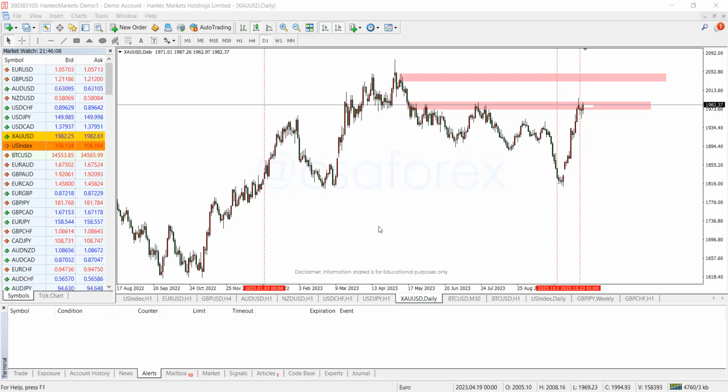And today we are going to be looking at gold, the precious metal. We're going to be looking at the shiny metal, what it has been up to from the higher time frame perspective, and we will work our way down. Now, without further ado, we're going to be starting from the daily, and we'll drop down probably to about 1